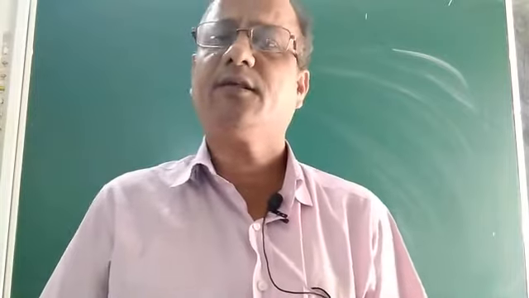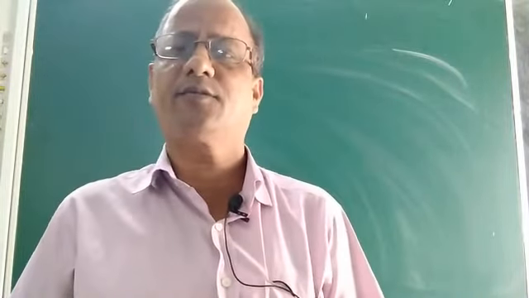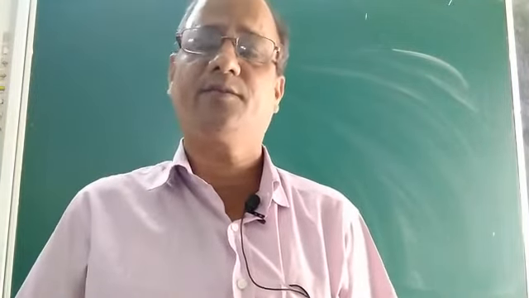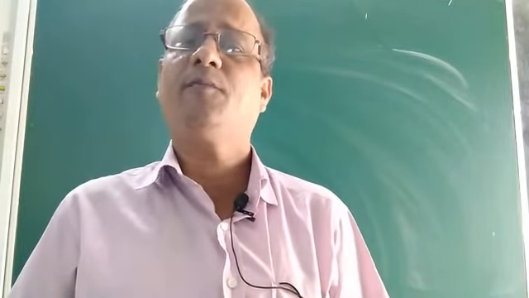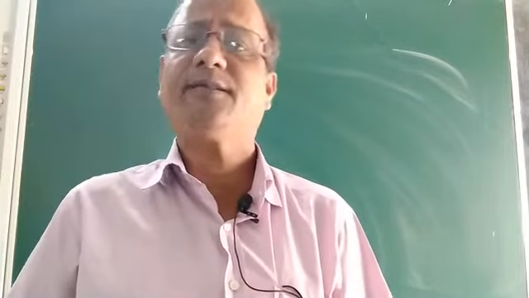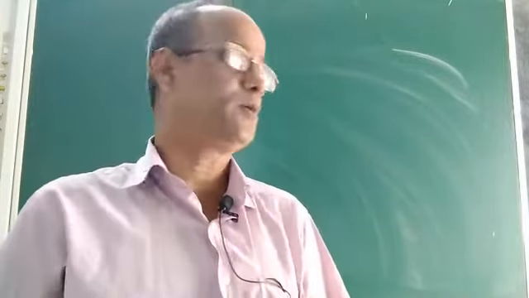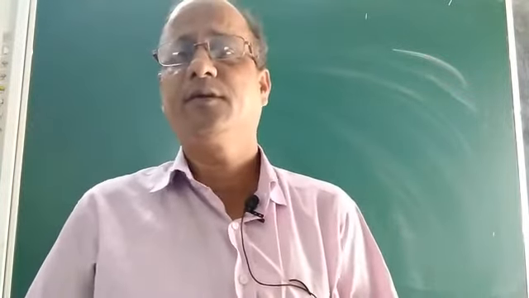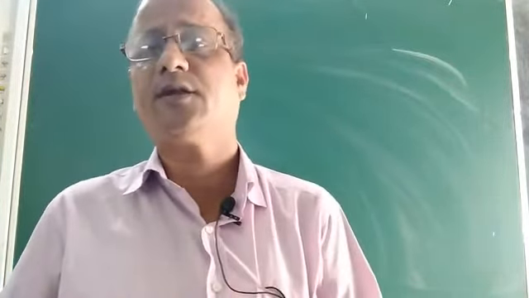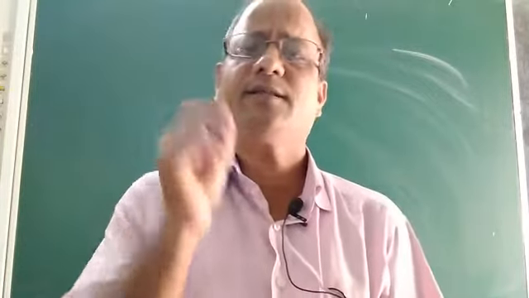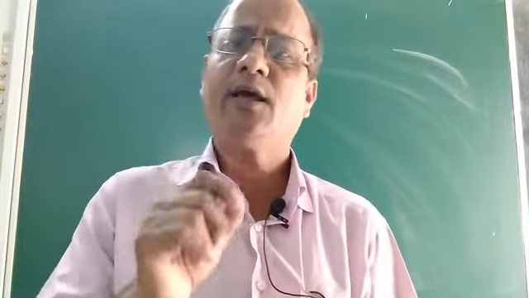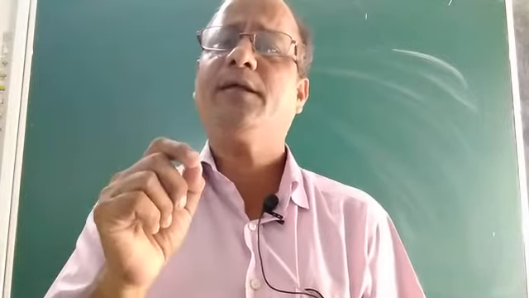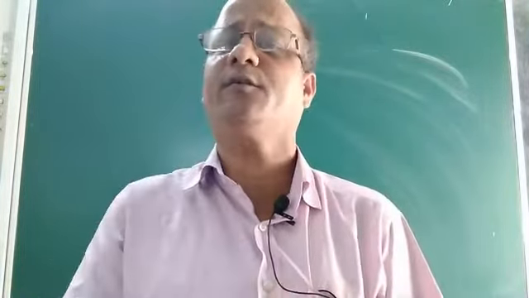Children, in the last class we discussed in arithmetic progression what is the nth term or general term of an AP, what is its formula, how to find the nth term of an AP, then what is the sum of first n terms of an AP, what is the formula to find the sum of first n terms of an AP. It was discussed by me in the last class. Today let us discuss what is the relation between an and Sn. Relation between the general term of an AP and the sum of first n terms of the AP.